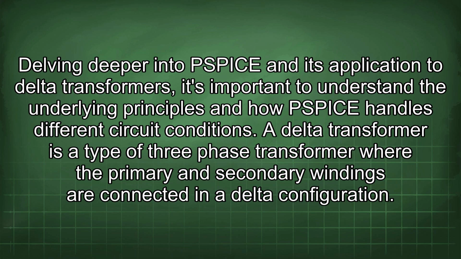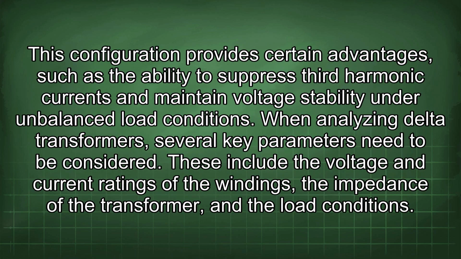Delving deeper into PSPICE and its application to delta transformers, it's important to understand the underlying principles and how PSPICE handles different circuit conditions. A delta transformer is a type of three-phase transformer where the primary and secondary windings are connected in a delta configuration. This configuration provides certain advantages, such as the ability to suppress third harmonic currents and maintain voltage stability under unbalanced